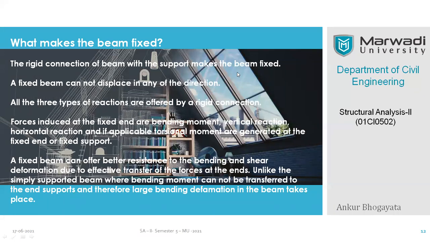So I hope you now slowly understand the basic behavior of beams and how support conditions influence the bending behavior of the beam. If you have a fixed beam, less bending moment will be developed. I mean, better bending moment will be resisted, and that is how the beam has a chance to transfer the bending from one point to another, or from one element to another, so that you can reduce the requirement of large dimensions of the beam section to a smaller dimension.